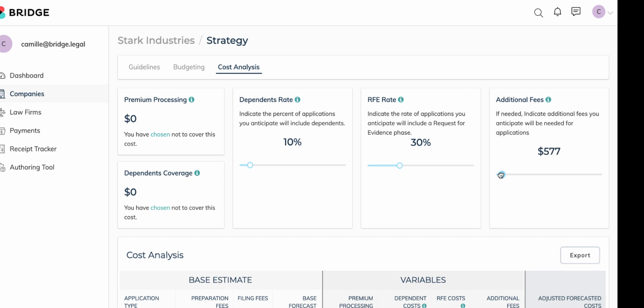So, based on the average application that we've done, we've seen that a lot of your cases do require an academic evaluation. We've done a lot of F1 employees that have never done an H1B before. So I think it's helpful to set this at maybe the $500 mark, because that's going to be a useful way to gauge those additional costs that creep in as we're starting with a case that you might not have been aware of from the start. But based on, again, your employee population, I think it's fair to set that at $500 because of the academic evaluations and potentially the translation of those foreign diplomas and